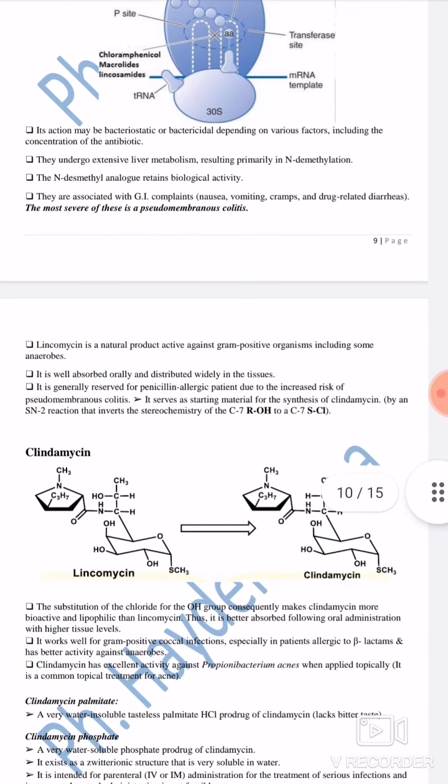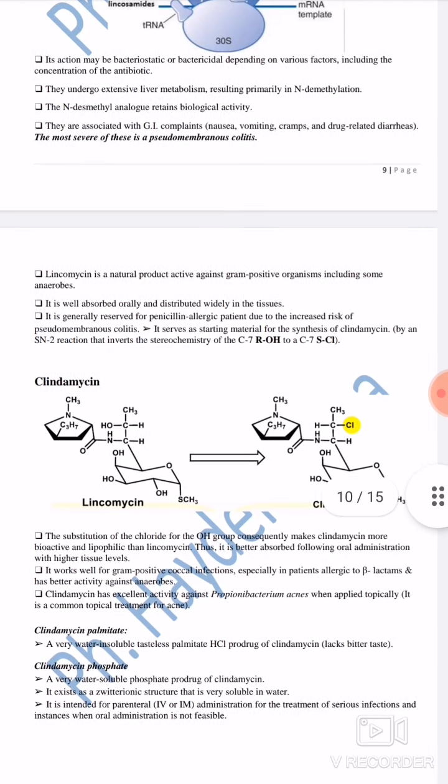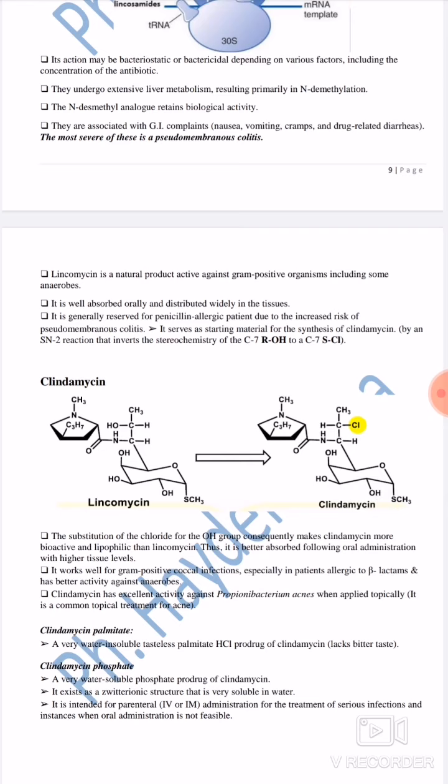Lincomycin is a natural product active against gram-positive organisms, including some anaerobes. It's well absorbed orally and distributed widely in the tissues. It is generally reserved for penicillin-allergic patients due to the increased risk of pseudomembranous colitis, and it served as a starting material for the synthesis of clindamycin